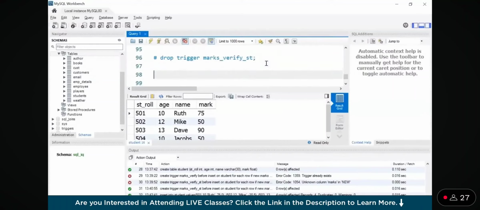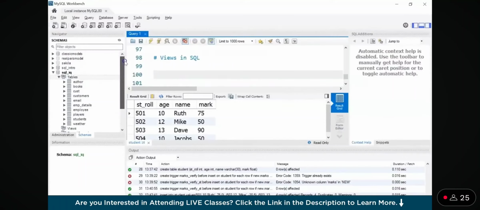Now moving on. Now we are going to learn about another crucial concept in SQL which is very widely used. This is known as views. So views are actually virtual tables that do not store any data of their own but display data stored in other tables. Views are created by joining one or more tables. I'll give a comment as views in SQL. Now to learn views, I am going to use my table which is